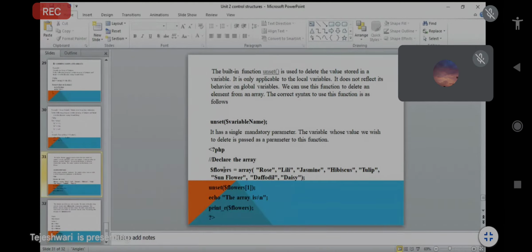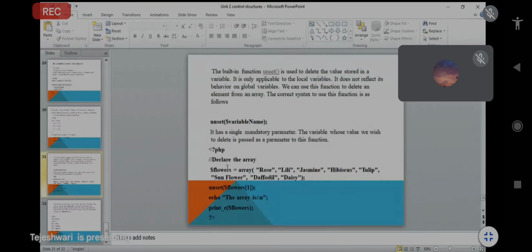The syntax is unset in brackets, $variable_name. You just pass the variable name that you already declared above in the PHP code, one single parameter in the unset.